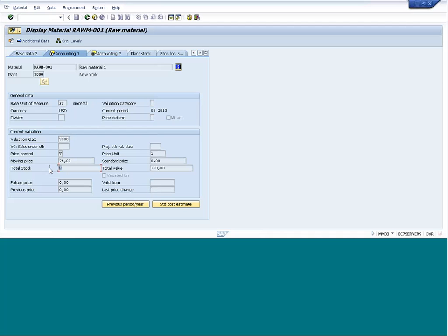You have the stock of $75, plus 150, which is 225, and over 2,